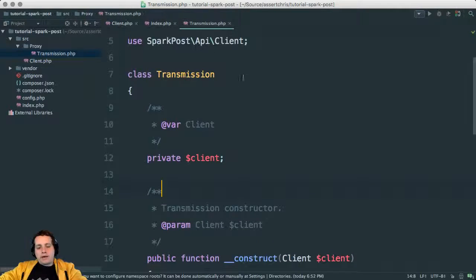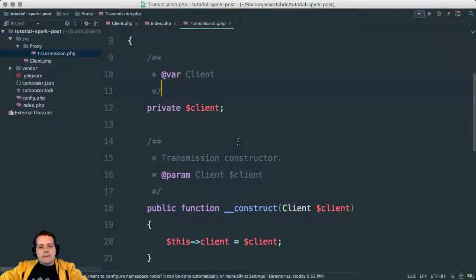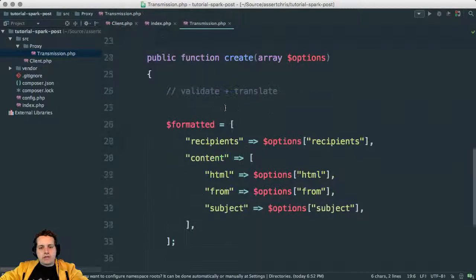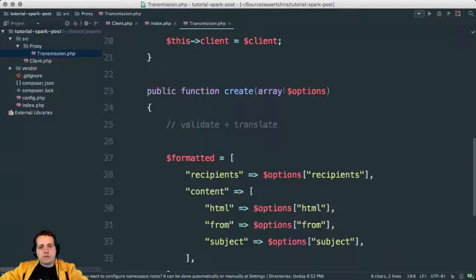In this case, I haven't given them interfaces because they're all going to be representative of different kinds of data objects in the SparkPost API. So I haven't made them conform to an interface, but I'm going to have a general pattern here where they all accept a client instance, which is this client class, and then they can call methods on that. So you can feed in an array of options like this kind of thing,